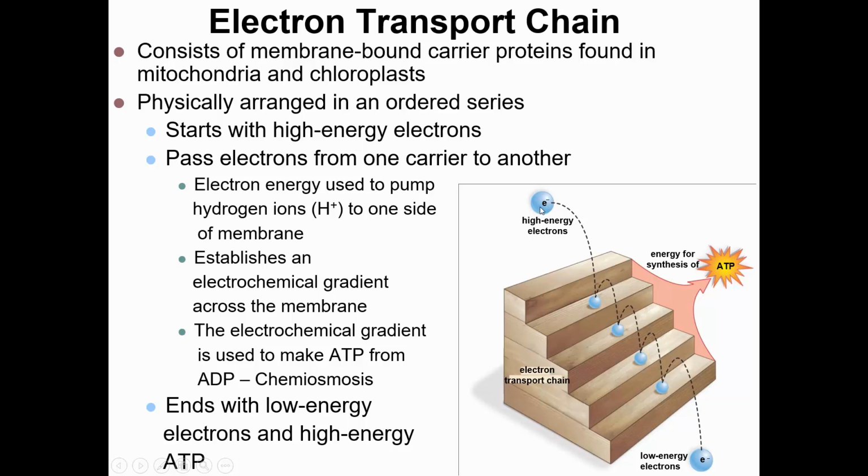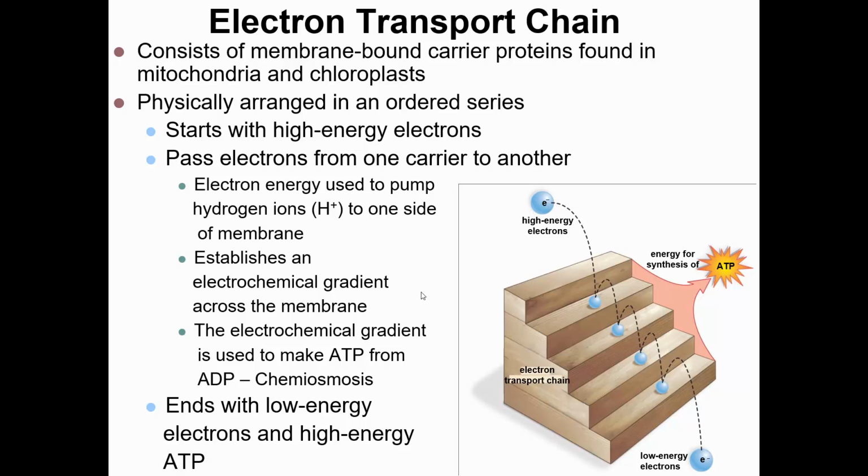We could go from point A, the high energy electrons, down to point B, the low energy electrons. But if we did, there would be this big flash of energy, and it would be very difficult for the cell to harness that energy. By using an electron transport chain to go step by step by step, that allows us to harness the energy that is removed from these electrons to make ATP. In fact, we take that energy and use it to establish an electrochemical gradient. In other words, as we remove energy from the electrons, we use that energy to pump an item. This item in particular is a hydrogen